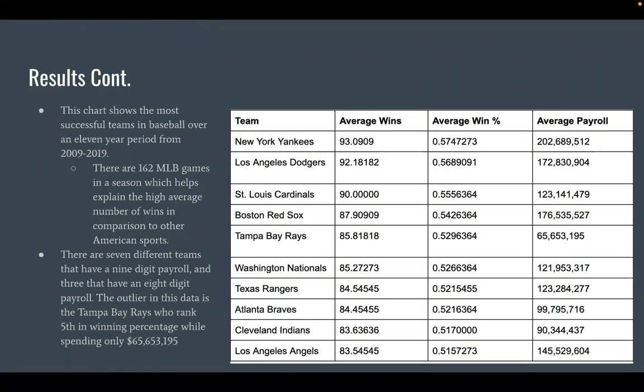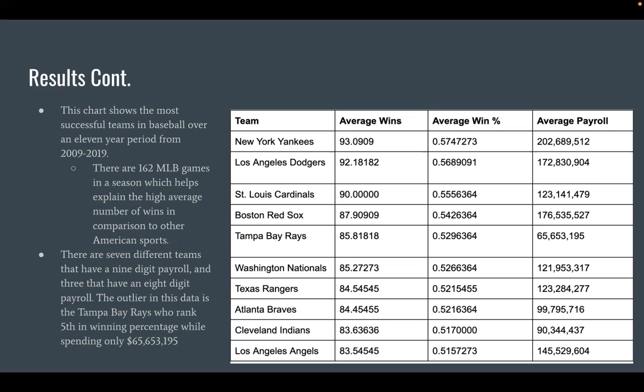This chart depicts the average wins, the average win percentage, and the average payroll for the top 10 teams in baseball in terms of average wins and average win percentage. As you can see, there are some big names in here like the New York Yankees, the Los Angeles Dodgers, and the Boston Red Sox, who have 9-digit average payrolls. These are some of the bigger teams in baseball that are either known worldwide or heavily followed throughout the US. And they have more money and more access